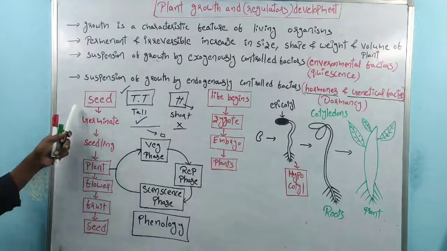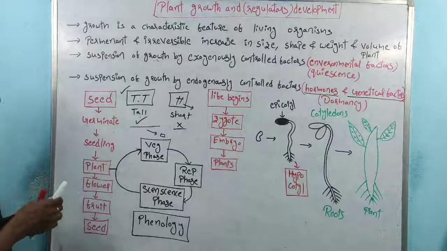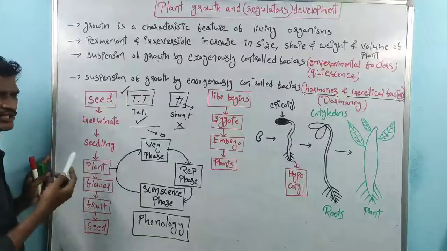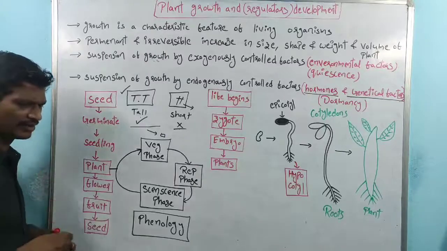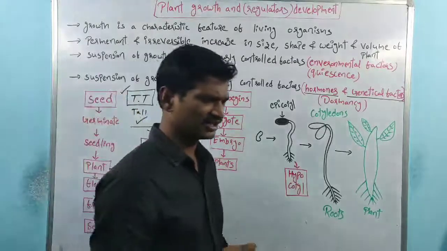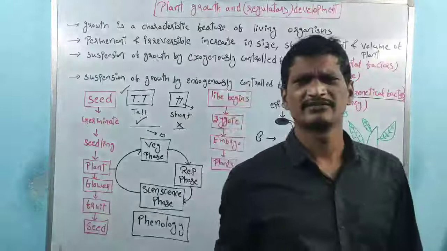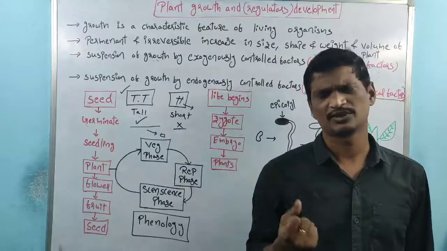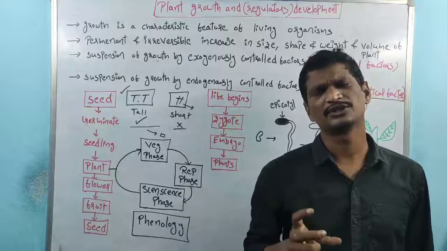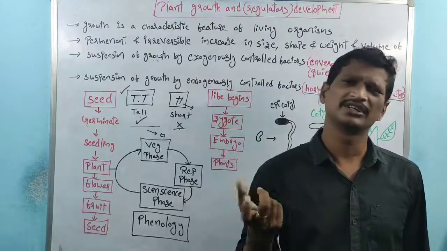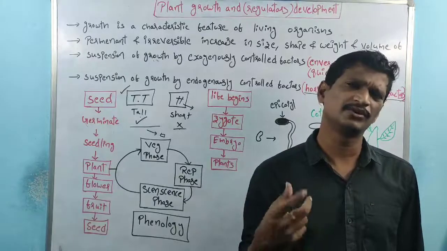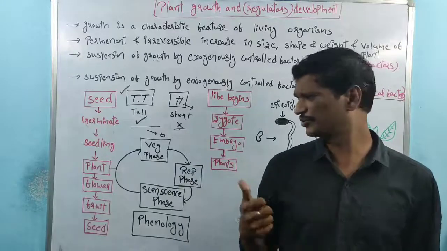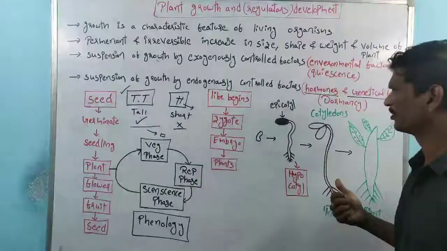And we know this is a very easy concept. We discussed it so many times. There is a seed. The seed is germinating, that is nothing but the seedling process, when the favorable conditions are there, right? When water is available, the seed shows the imbibition process. It absorbs the water and the seed coat breaks down, and the embryo is involved in rapid cell division.